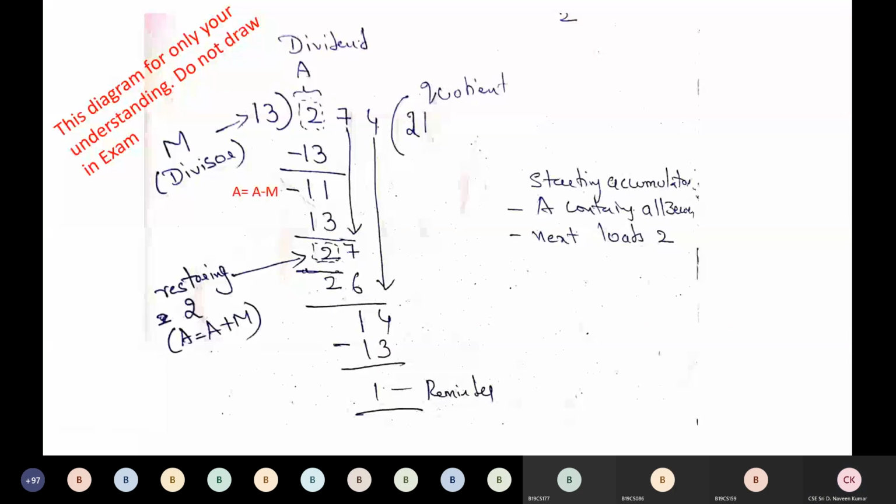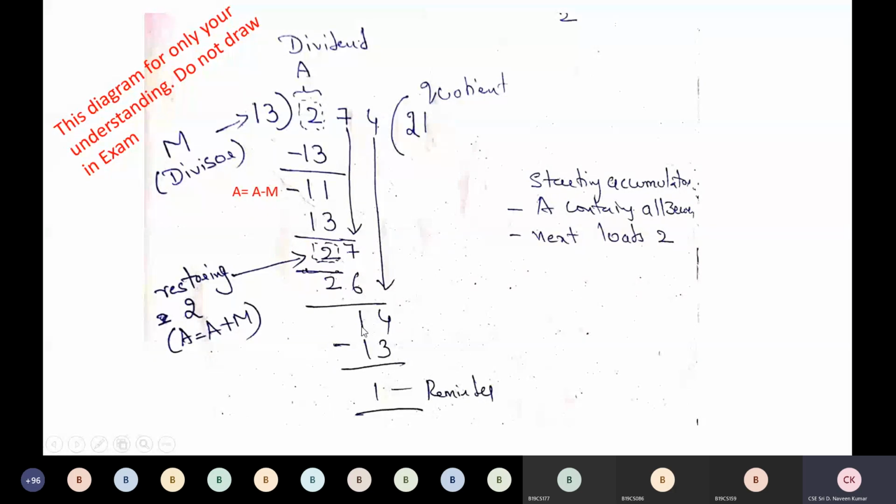Okay, so here also I kept the same caption, the diagonal, right? You can see 275 divided by 13. We already know it first tries minus the single number, next it is minus 11. So it does the restore operation with a plus M, that is plus 13. It gets the 2 again. Now it gets back the 7 here, it becomes 27. 13 into 2 is 26. Okay, it gets the 1.